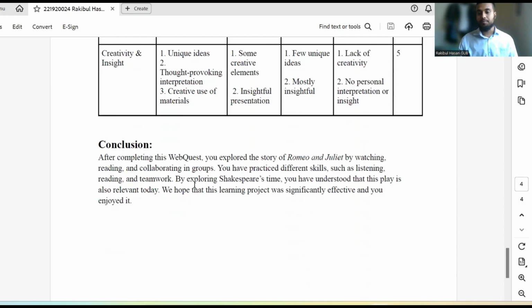This is the last component of this WebQuest. This section provides a brief summary of this entire WebQuest. It recaps what students have learned after completing all activities and